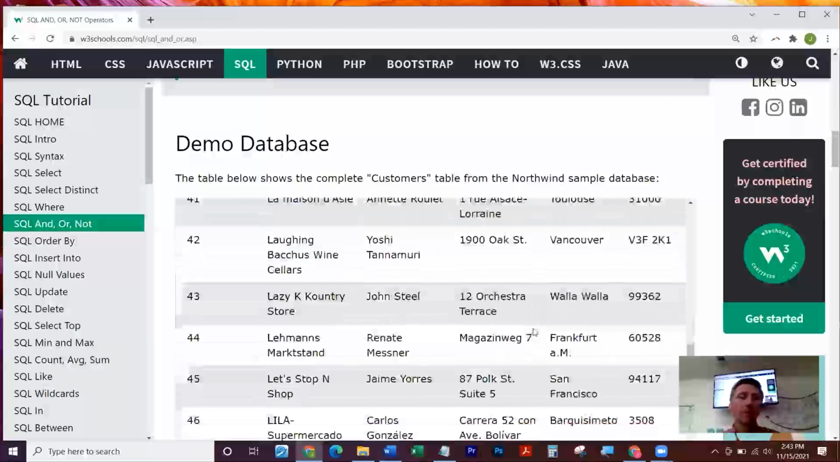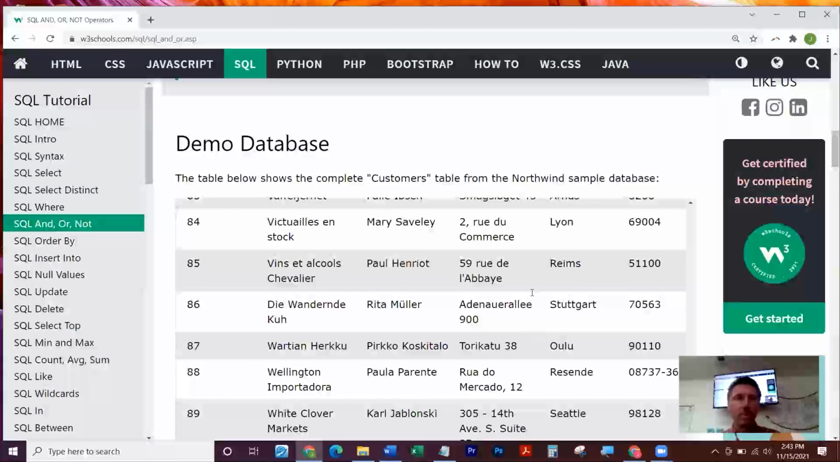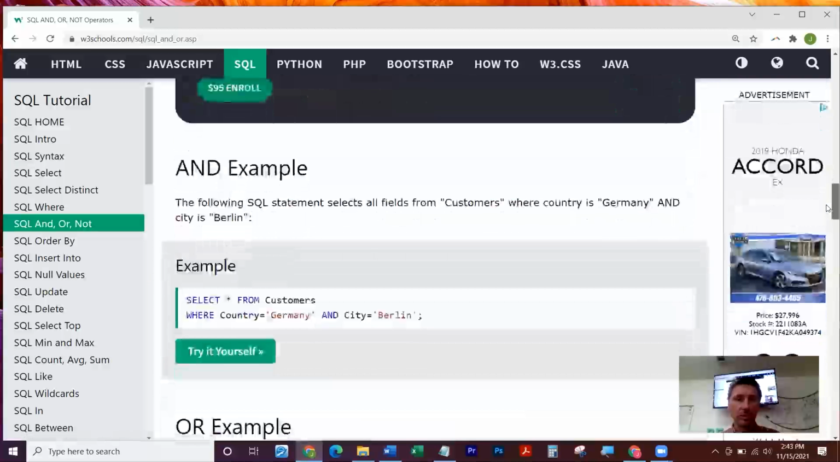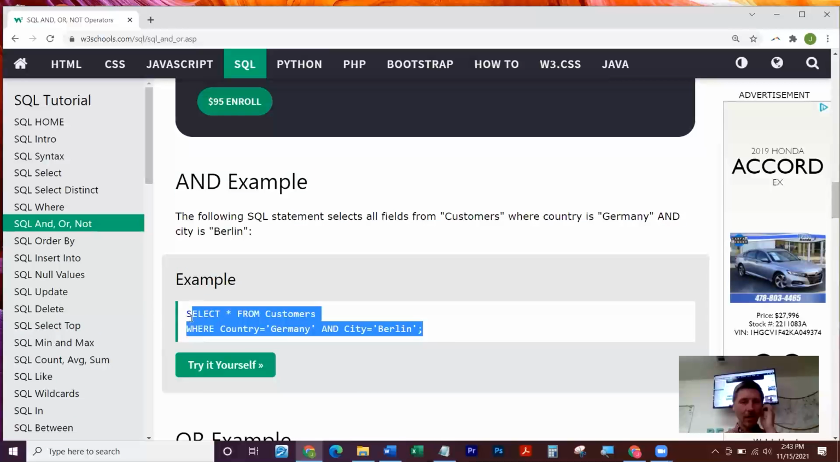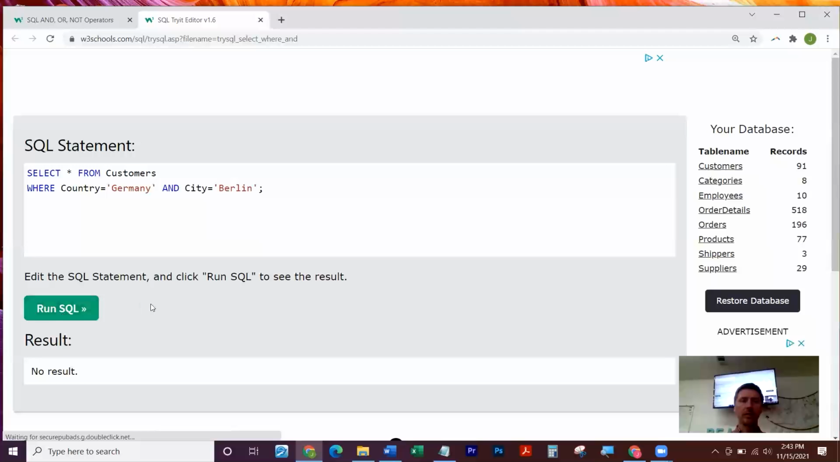So here's a bunch of records. This has got to be the customers table. It is. Why does it have this in here? Oh, I'm scrolling inside that iframe. All right, so here's an and statement. I don't know that I need to spend much time on this. I just think it's kind of obvious, right? I'm returning everything where the country is Germany and the city is Berlin, right? So for all of the ones that come back from this particular record here,